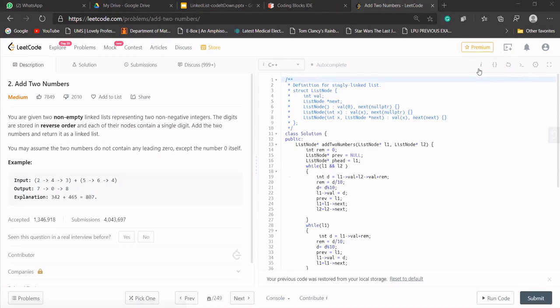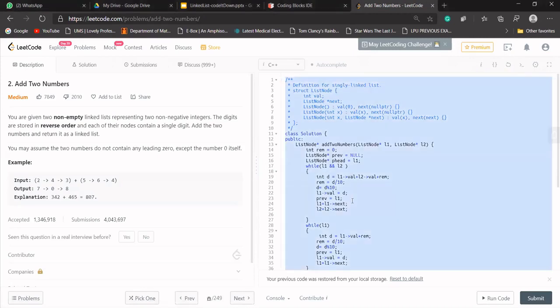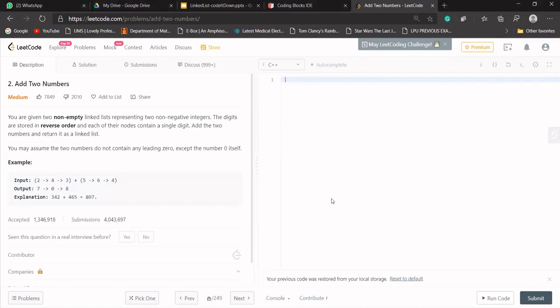Try not to copy this. I'm sharing the link of this question in the group chat. So this is the link of that question that I've shared with you. Try to solve this question and put a snippet of it into the group if you're able to solve it, or if you're getting some error, ask queries in the group. Otherwise we'll discuss this question in the upcoming session. Is that fine with everyone? I'll be sharing the link of this question in the group also, so do not worry about this.